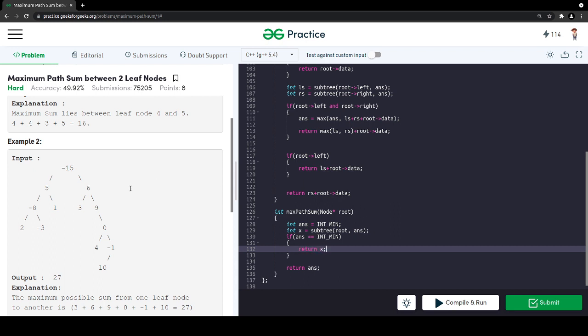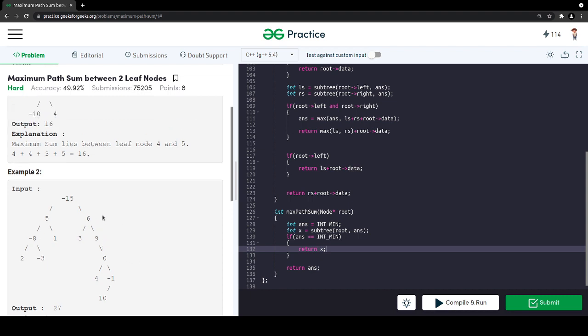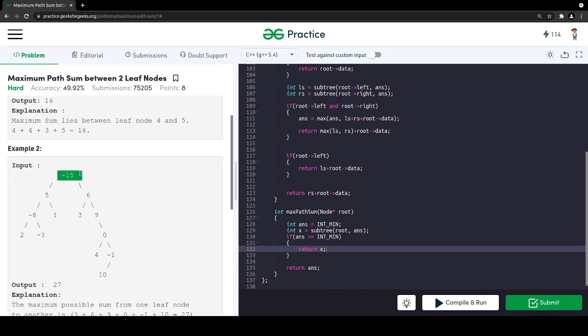Why do I have to return the x? For example, in this case, I have only this subtree and no right subtree. Okay, this node is null. There is no node from minus 15 to 6. So this part is null. This would mean that I only have this part, but I have calculated the answer for the right subtree as well as the left subtree. So therefore, since it does not have the right and left both, it will be here in the x.